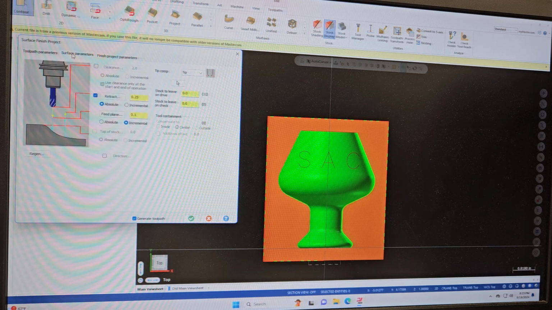And in the surface parameters, under start to leave, remember we used to put positive numbers? So the start leave is positive. Here I'm going to use that start leave as my depth, so I'm going to put a negative number. I'm going to go minus 0.050. And you say finish